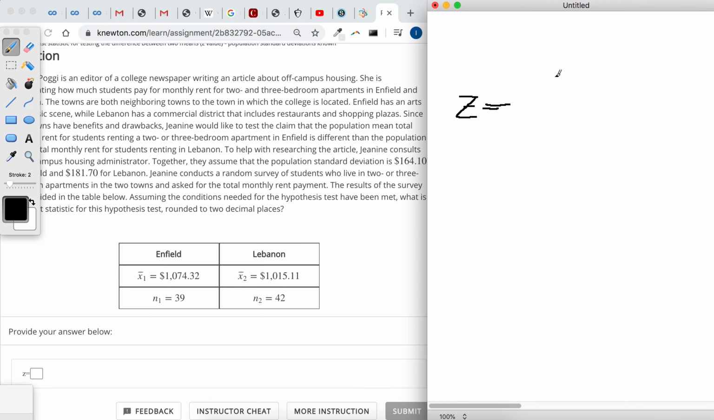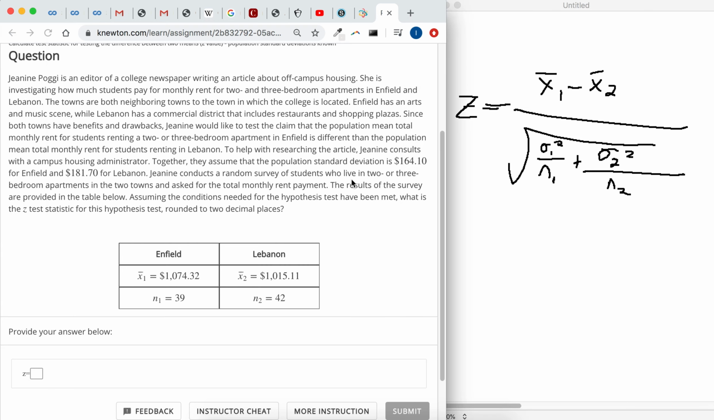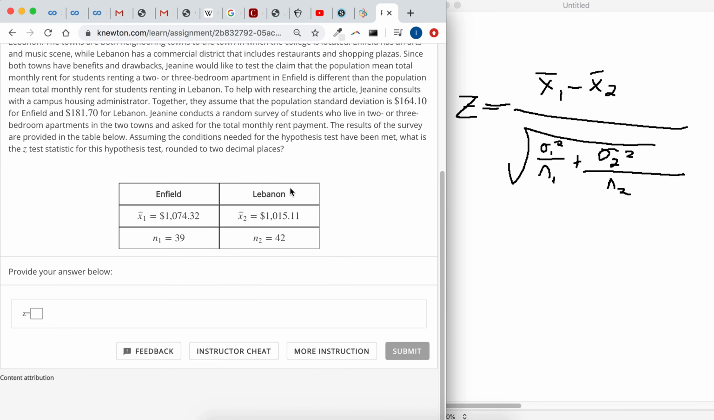And for comparing two means, you subtract the two sample means and divide it by the square root of the first population standard deviation squared over the sample size of the first group, plus the second population standard deviation squared over n2. Wow, I don't know why that's so big. Okay, so if we plug in our numbers, we got